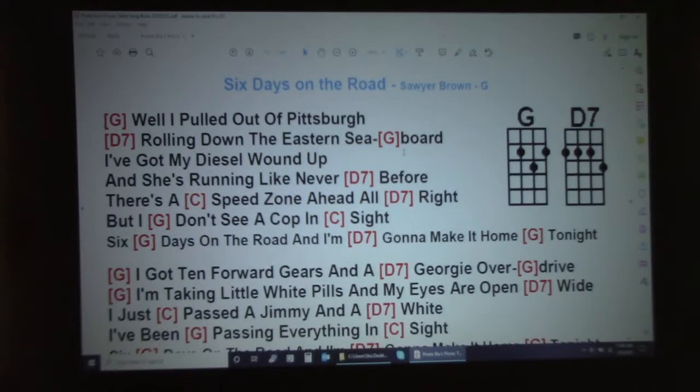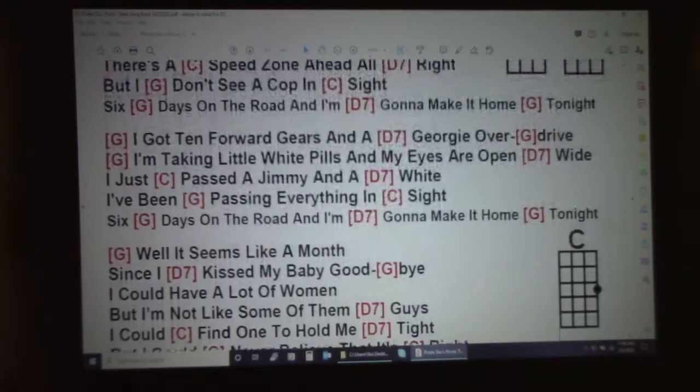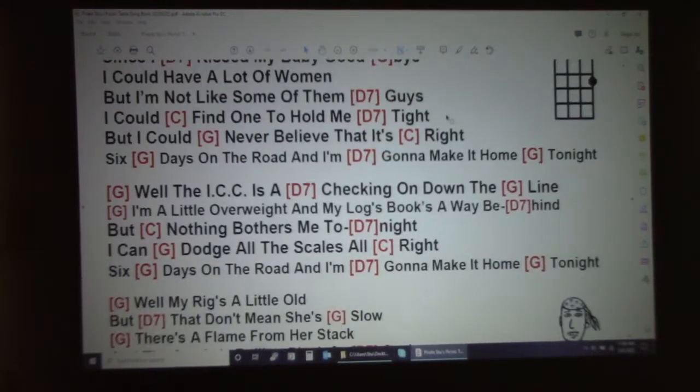Alright, so we got a projector so we can project our song sheets up on the wall, but our projector normally projects in landscape mode, which means it's wider than it is tall. And so what happens is you get to the end of what's on the screen and you have to scroll down, which is a major pain. You don't want to have to stop and do that, or somebody has to be dedicated to just doing the scrolling. So what I want to do is be able to project my song sheets in portrait mode,